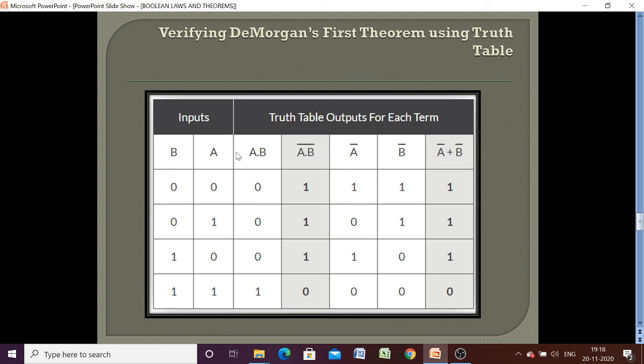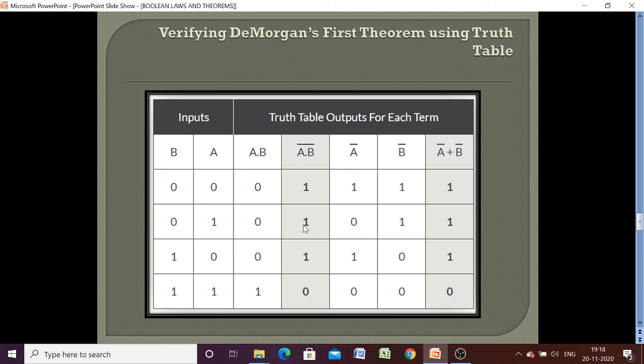So here we have an example for two logical inputs. That's why we have taken A and B. Now we are calculating A dot B, meaning A AND B. Already in the first part we have seen what the result of A AND B will be. A AND B will be 1 only when both the inputs are 1, otherwise all the outputs will be 0. So here all the outputs are 0. Here both inputs are high, so only then the output will be high.